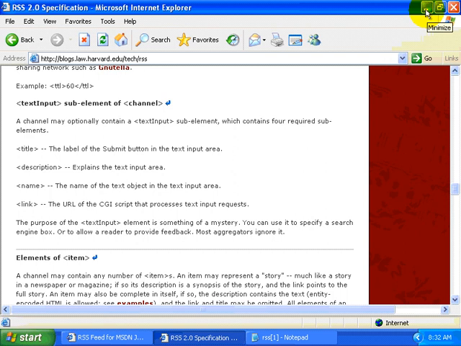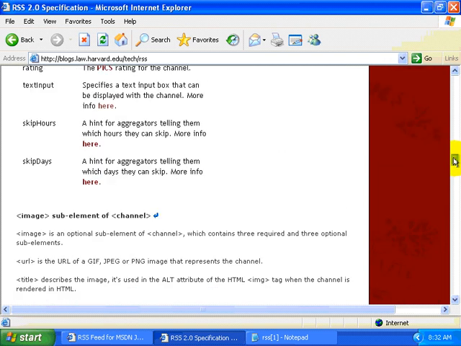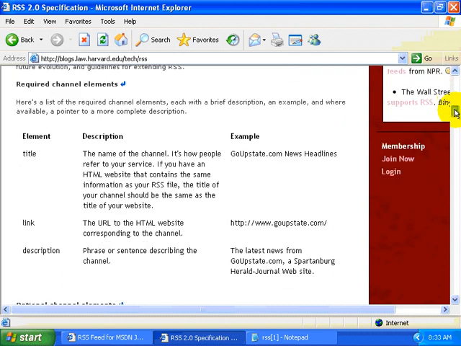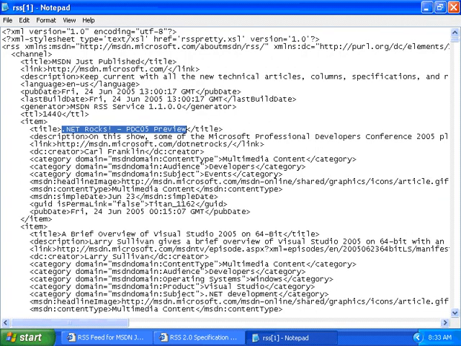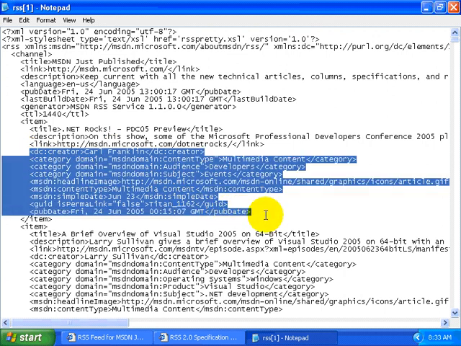Our application will consume RSS feeds. So for our purposes, what we're going to do is simply focus on only those elements that are required. So we're only going to pay attention to title, link, and description. So in the case of the MSDN RSS feed, we would only be paying attention to the title, the description, and the link, and we'll be ignoring the rest. Now at some point in time, you can come back and expand this application so that it can look for all the